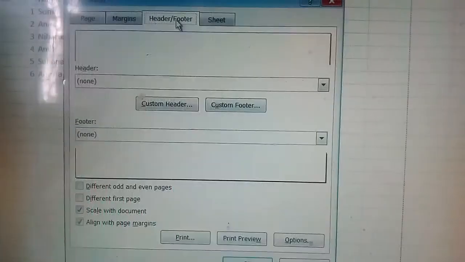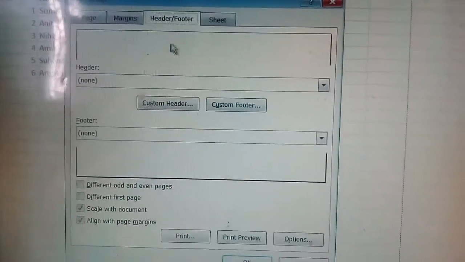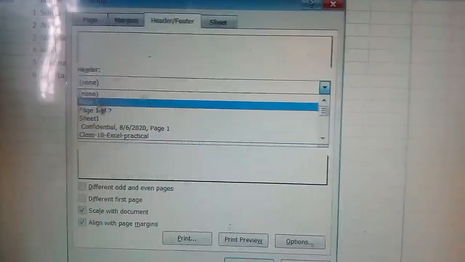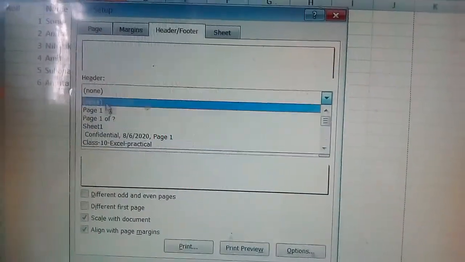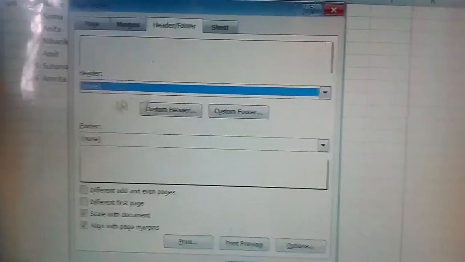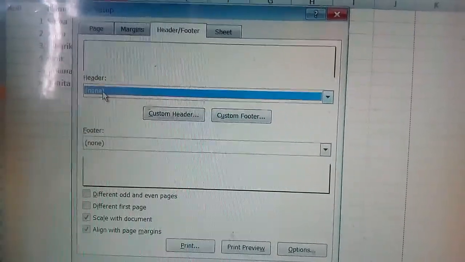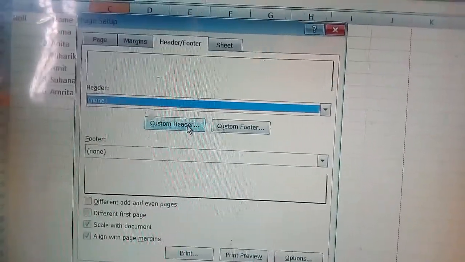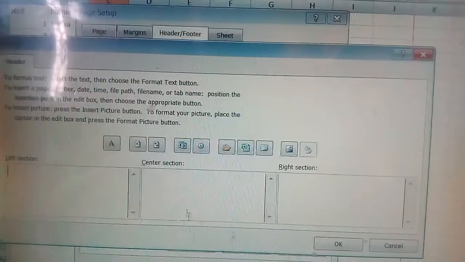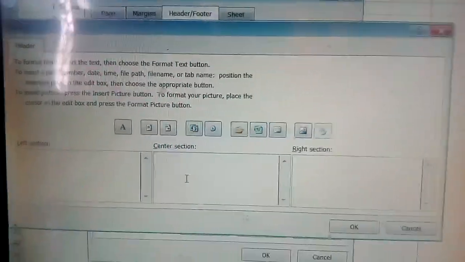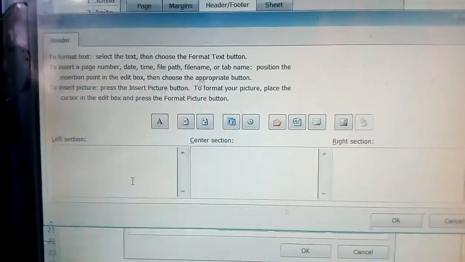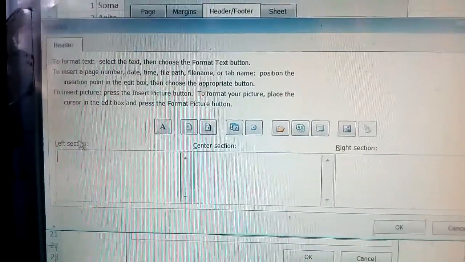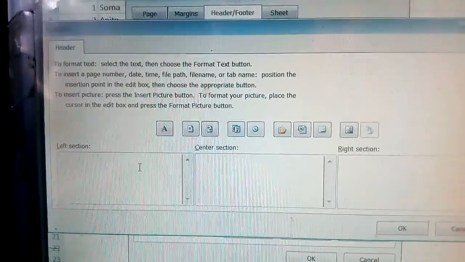Next is header and footer. Here you can set the header. You have to click here, page 1 of sheet 1. Where you want a header, and if you don't want any header, then you have to click on none. Similarly the footer is there. Customize header: by default the header is in the middle position, but if you want to give a heading on the left side, then you have to click on the left section, and here you can type the heading.